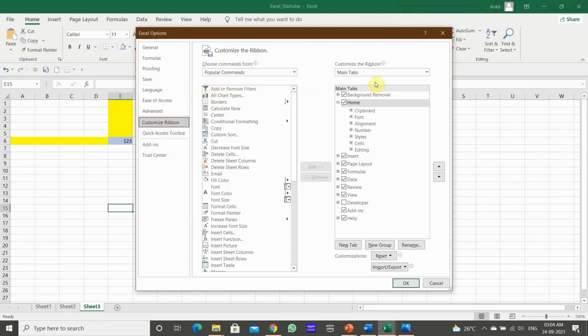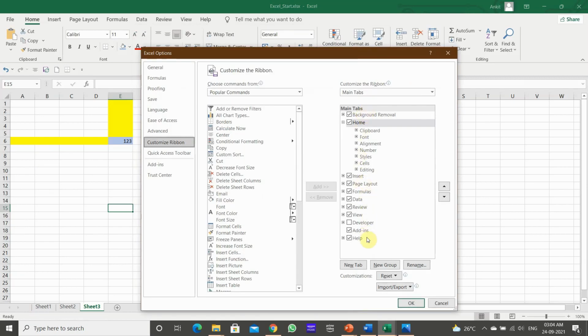On the right hand side you will see the main tabs. These are the tabs which are visible on the ribbon. You can see the first one is Home, that is shown here. The second one is Insert, the third one is Page Layout, then the fourth one is Formulas, up till Help, you can see. If I want to add a new tab, I can do it for myself. I want to add a new tab and put it at the end, after Help,